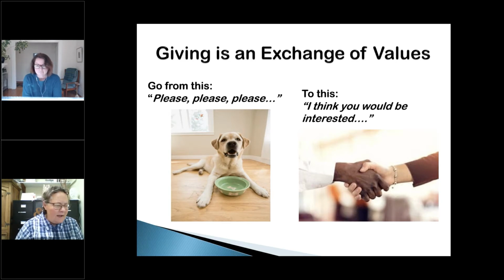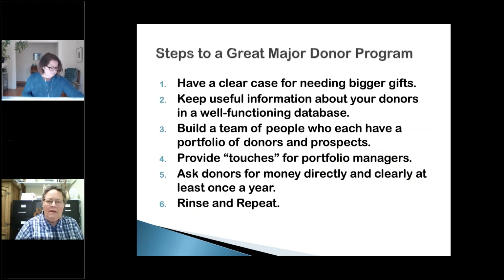So let's look at the steps for creating a great major donor program in the next slide. They're pretty straightforward. I think probably most of you know it. You need to have a very clear case for needing more money. I do find every once in a while these really lucky groups that have a lot of money and they're like, well, it's time to ask for more money. I'm like, well, why? Do you need it? No. Okay. So if that's your situation, you might as well drop off the webinar now. Because it's silly to ask people for more money if you don't need it. So you need to have a clear case. What are you going to do with it? What's happening? What's gotten bigger in your organization?